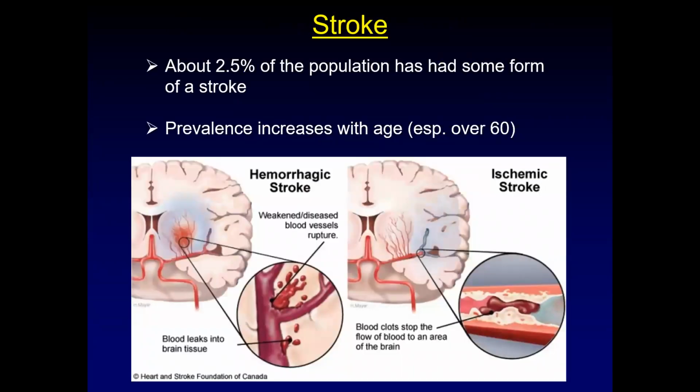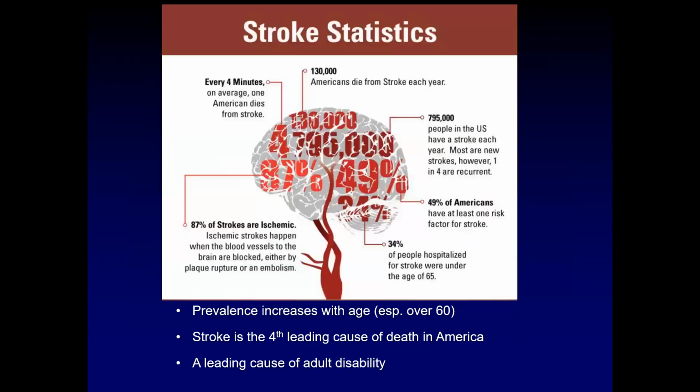Okay. So somewhere between these days now, like 3 to 5% of the population has had some form of a stroke. Stroke really increases in incidence or prevalence when we get over the age of 60. It takes a long time for blood vessels to get to a place where something like this can happen. It's very rare that we see strokes in younger adults. It will happen, but it's relatively rare. So, really kind of crazy things.